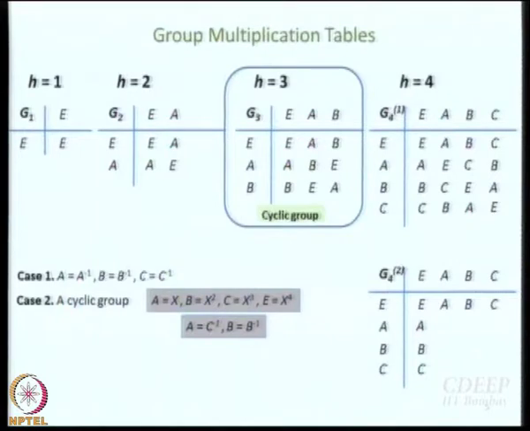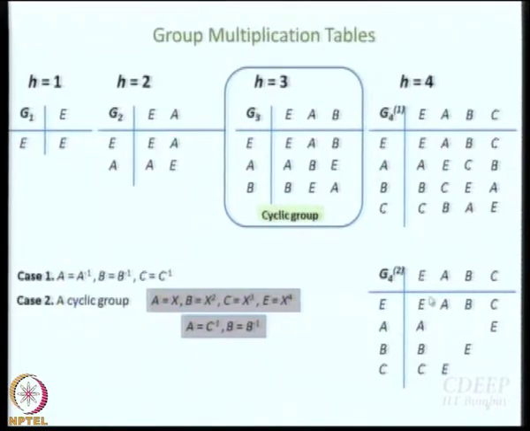Alright? So now can we fill in? Where will the E's be? This will be the E's, because A is C inverse and C is A inverse. So CA and AC will be E, and BB, B square, should also be E, right? And now see, it is very easy to fill in. You don't really need rearrangement theorem anymore, because I have imposed an additional condition that it is a cyclic group. Okay, so you can work out yourself.